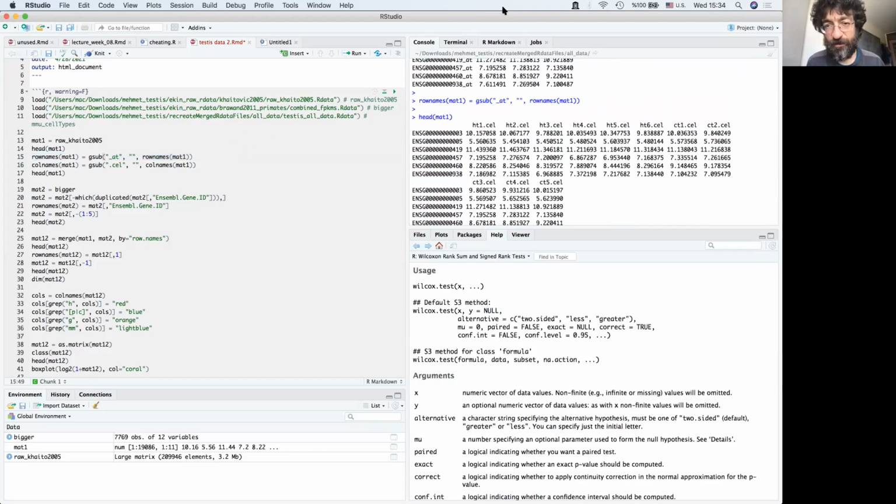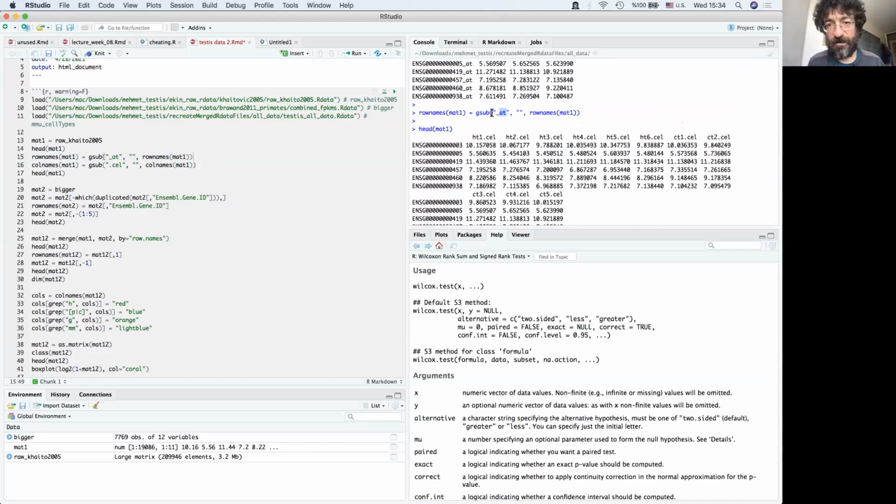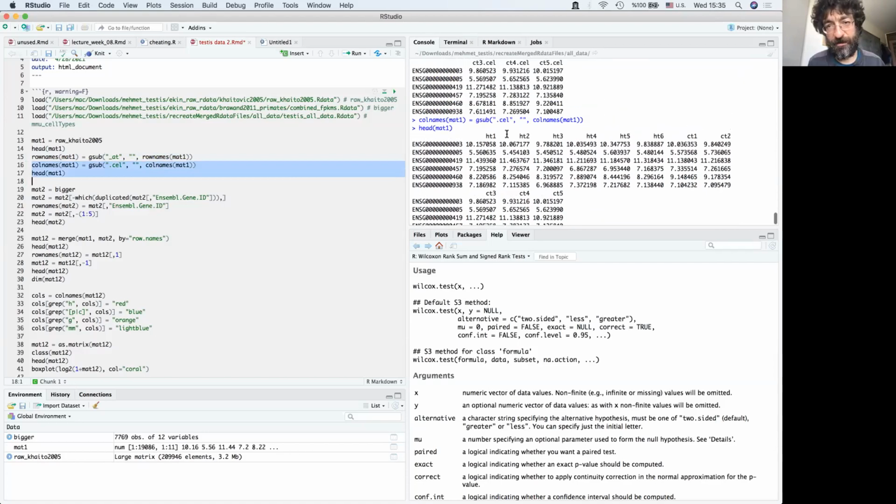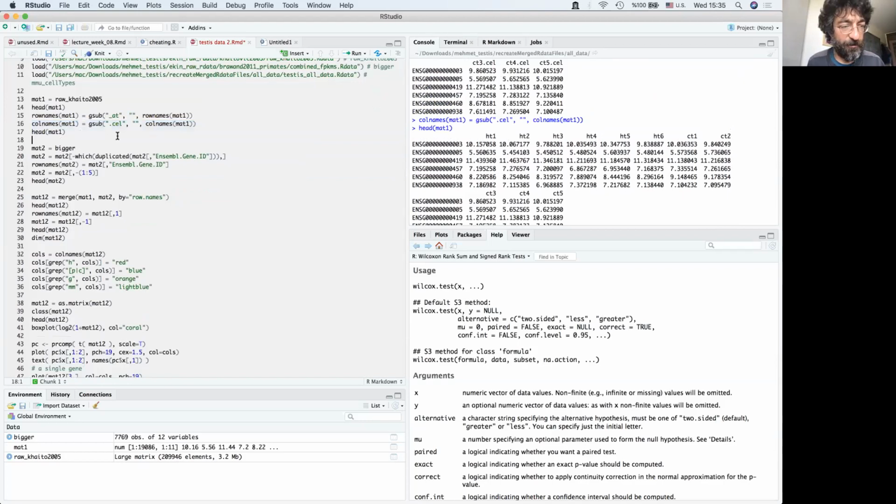So what I did, as you see, I removed the underscore ATs. And let me also remove the dot cells, just for visual purposes. I don't want to deal with long column names.